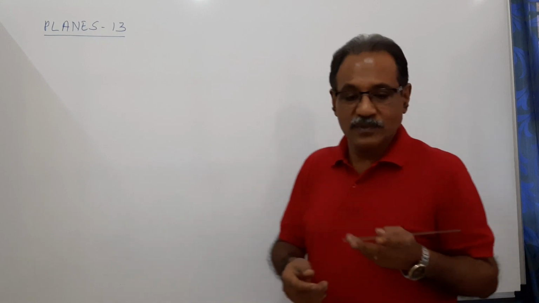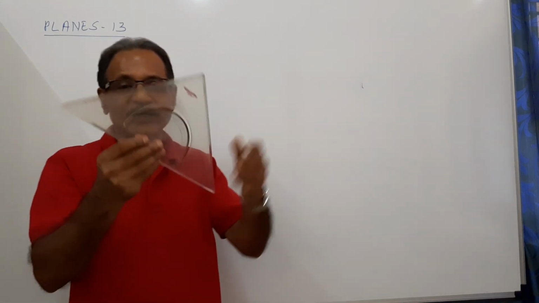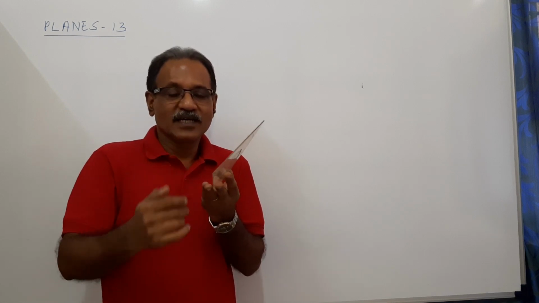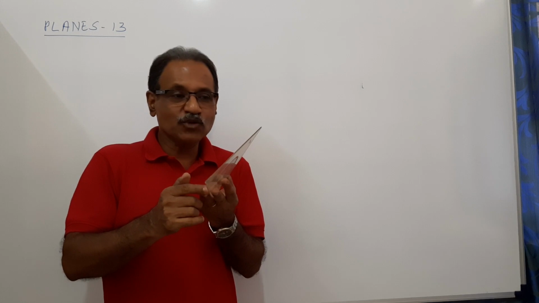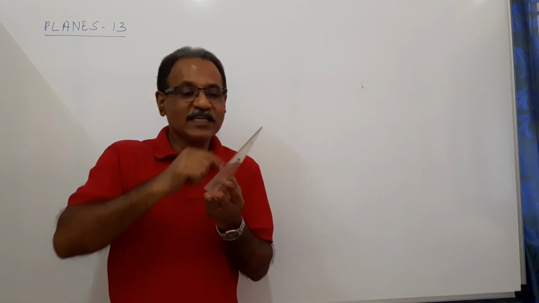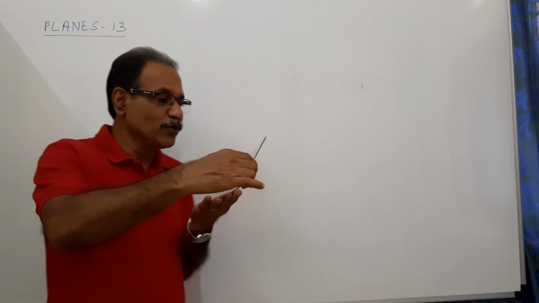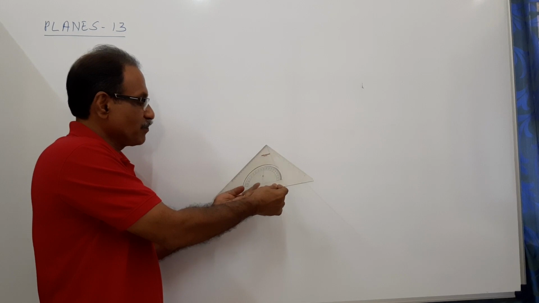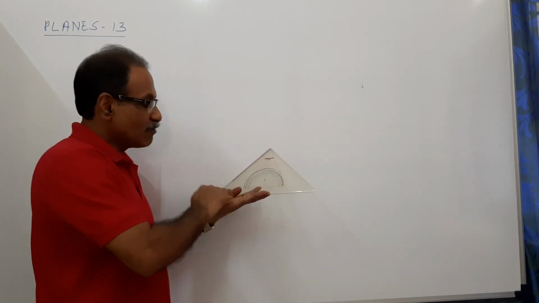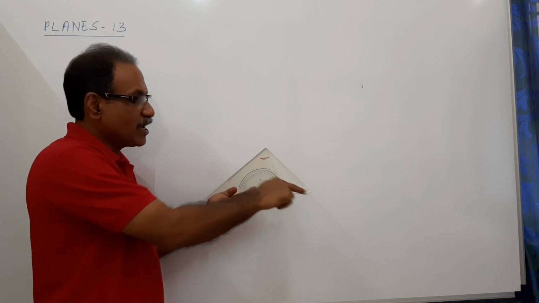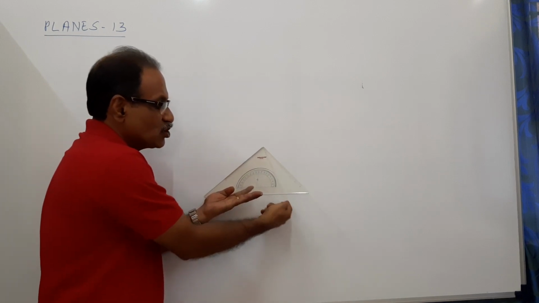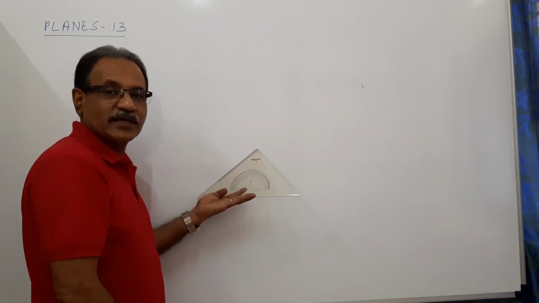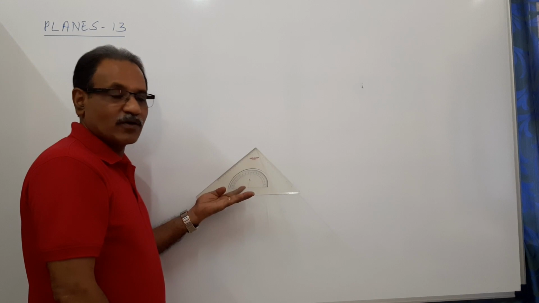For a bigger shape, let's assume this is the equilateral triangular lamina. It's resting on HP on one side. This side has to make 30 degrees to VP and the side AC has to be on VP. So what you have to do is bring it like this. My palm is HP. One side AB is on HP, AB makes 30 degrees to VP and the side AC is resting on VP. That's the question. Okay, what to do?